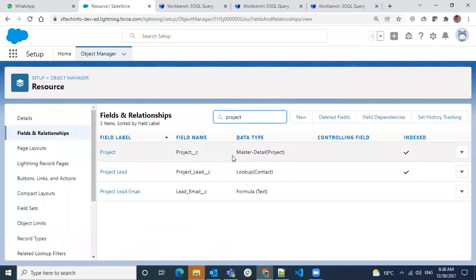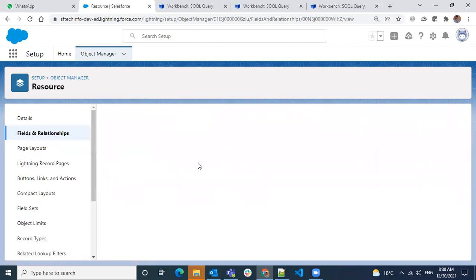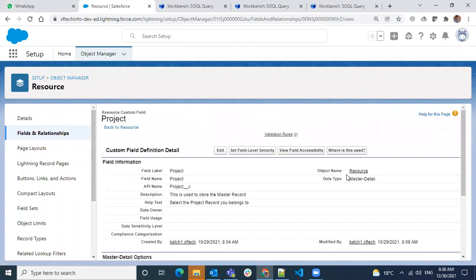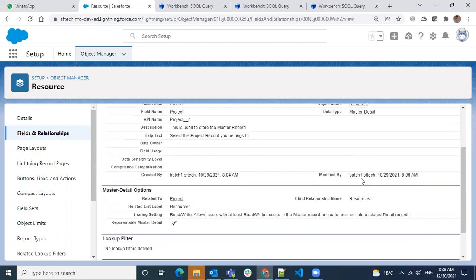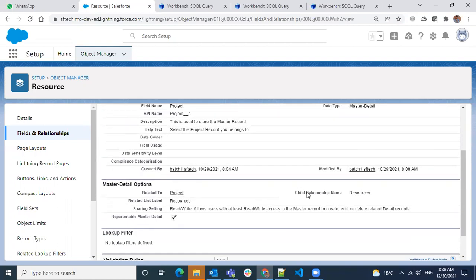One is the API name. So while using child to parent, we're using this direct field and replacing this underscore C with the underscore underscore R. Now, if I open, there's one more field you will be looking at called the relationship name. You see here, this is called a relationship name. Whatever you give in a relationship name.